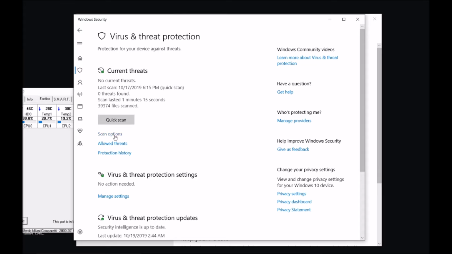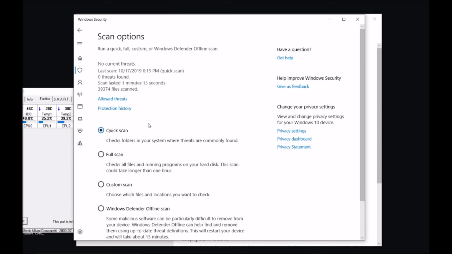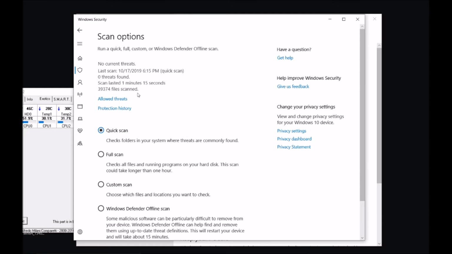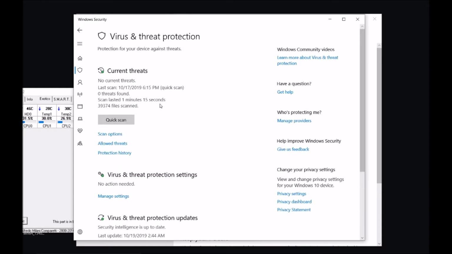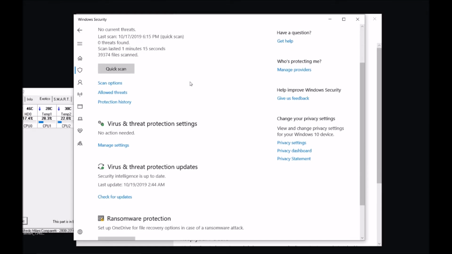Perhaps you can do it automatically, but you can do it manually. So you may want to scan your hard drives and so on. It takes a little bit of time, obviously, but you have scan options. You can choose what to scan and select the hard drive and so on. This is a good thing, but we are talking here about disabling things.